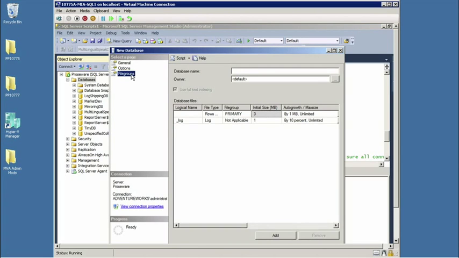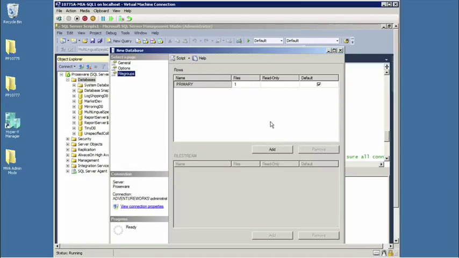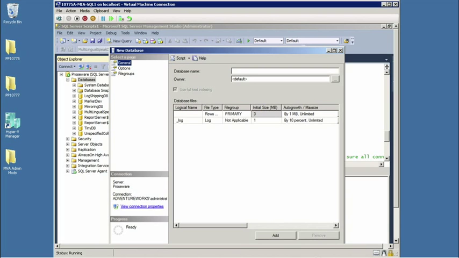Now, the first thing that we'll observe is that we can create containers of files. Let's say we have an archive file group. So the containers are the file groups, right? The containers of objects, or those that hold objects, are file groups. So I can make a couple of file groups, go back to my General tab, and now I can add one or more files and add them to a particular file group.